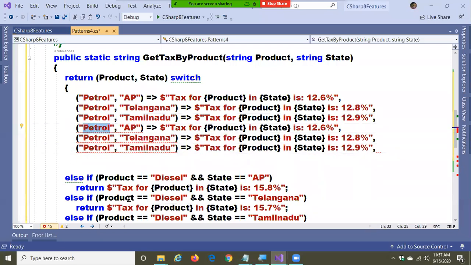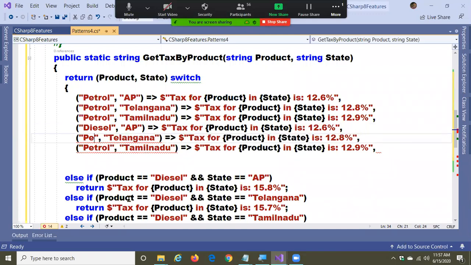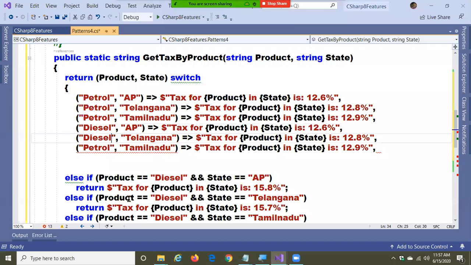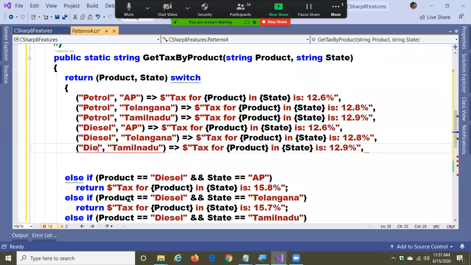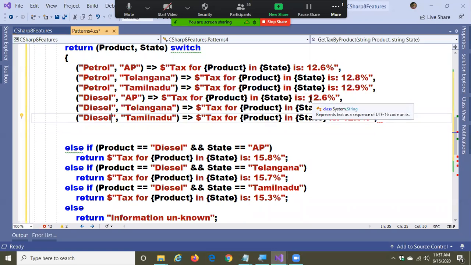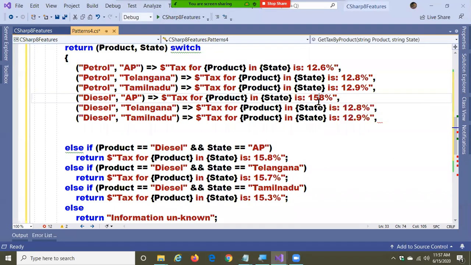And the next condition is diesel, diesel, diesel. And here we're just going to write 15.8%, 15.7%, and 15.3%.